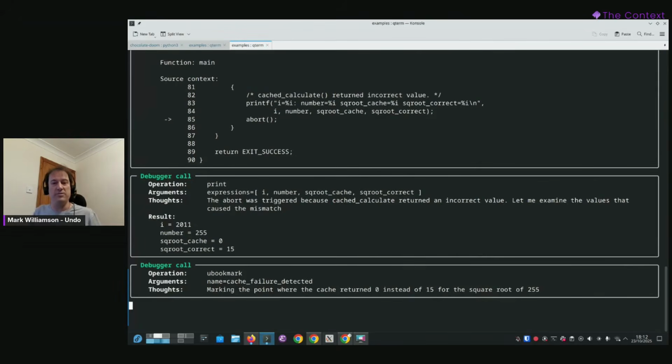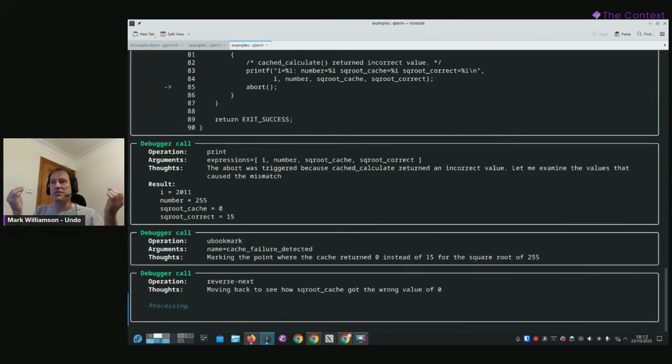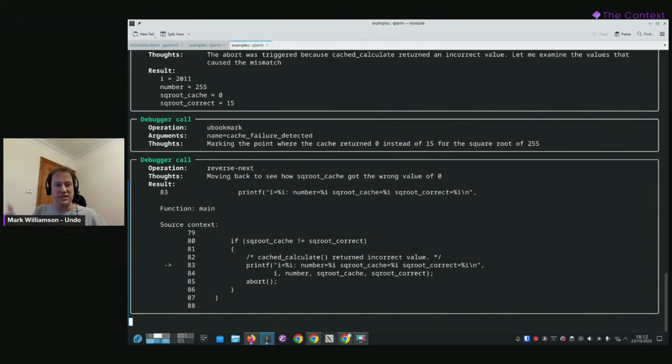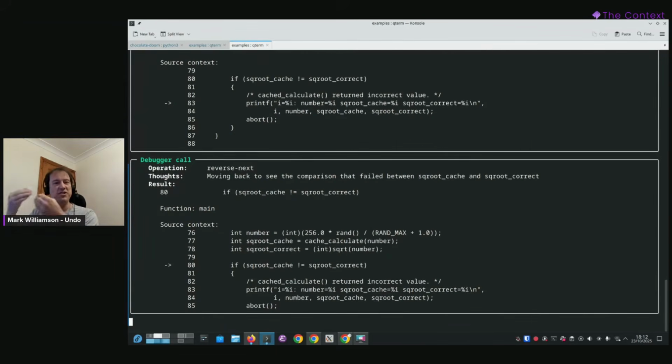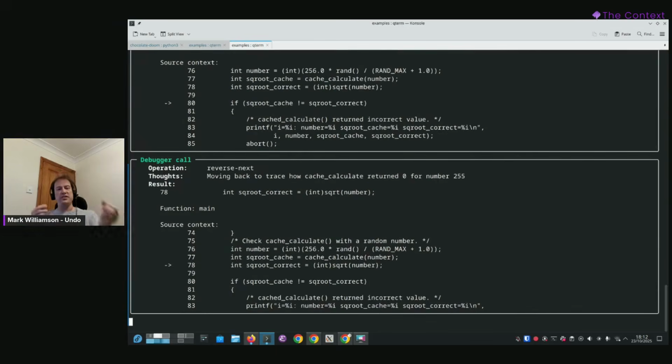And now it's able to explore this and try to figure out exactly what went on behind the scenes. So it's running along here and it's working backwards in time through this program, just like you saw me do interactively, to reason about what's actually gone wrong.